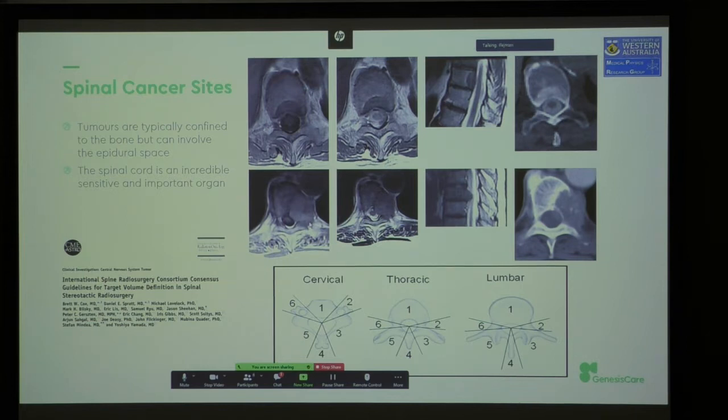This is a similar example where you have epidural involvement, so the tumour has grown and expanded into the spinal canal and is pressing on the cord, and this can cause a lot more severe symptoms. You can see this again in the sagittal image where the mass is pushing into the cord, which you don't want, and it looks a little bit gnarly on CT as well. So when we look at these,